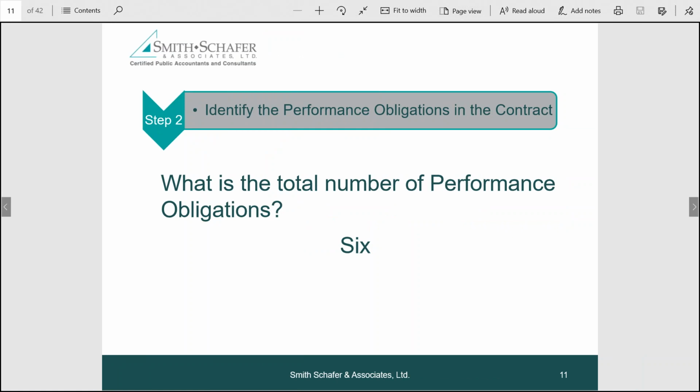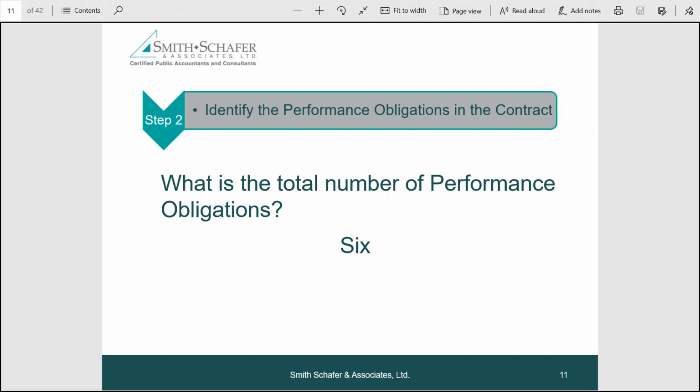So step 2 talks about identifying performance obligations in the contract. So performance obligation is new terminology, but we don't want to overthink it. A performance obligation is basically what we have promised in the contract to give to the customer, the member, the donor. And the real key here is to have distinct performance obligations. To have a distinct performance obligation, the person receiving the item has to be able to benefit from the item received independent of any of the other performance obligations. So in our scenario, the customer,